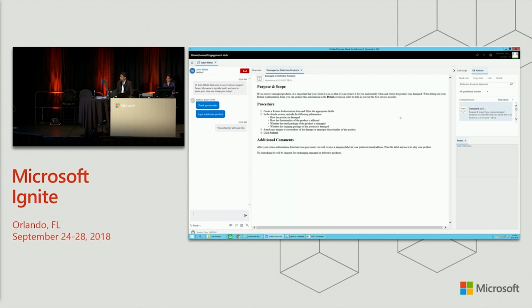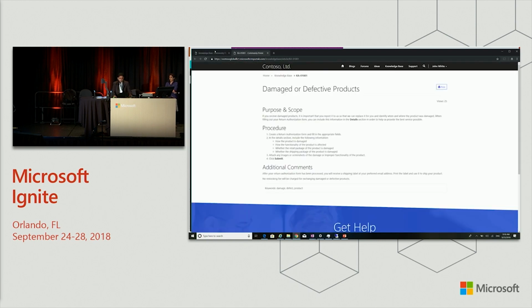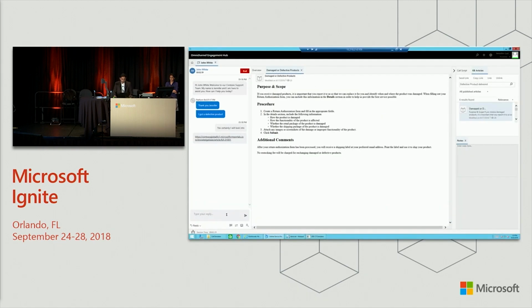So here, the agent can say, "Yes, certainly, I will look into it." She can also go ahead and read the KB suggestion that has been popped up automatically. It opens up in the context of that session. She can do a send link. So the link is auto-populated here in the control, and Jennifer can immediately send it to John. On the other side, John can click that and open it up on the portal, and it opens up in a new tab. So this is a simple experience on the live chat that we have built, and we want to